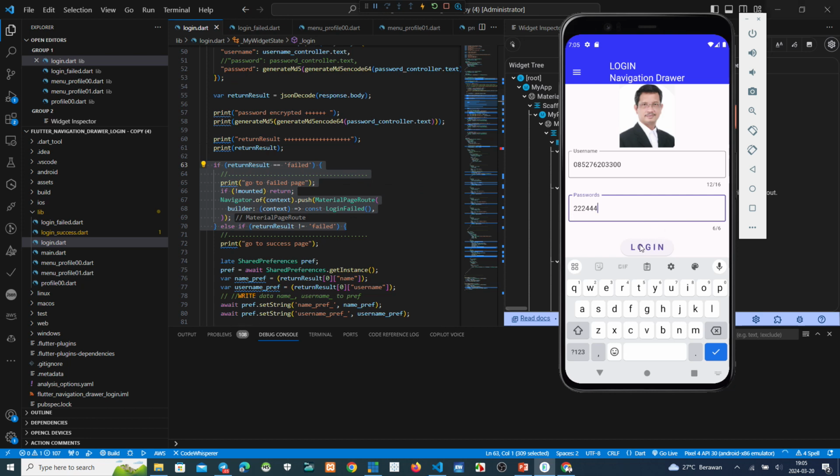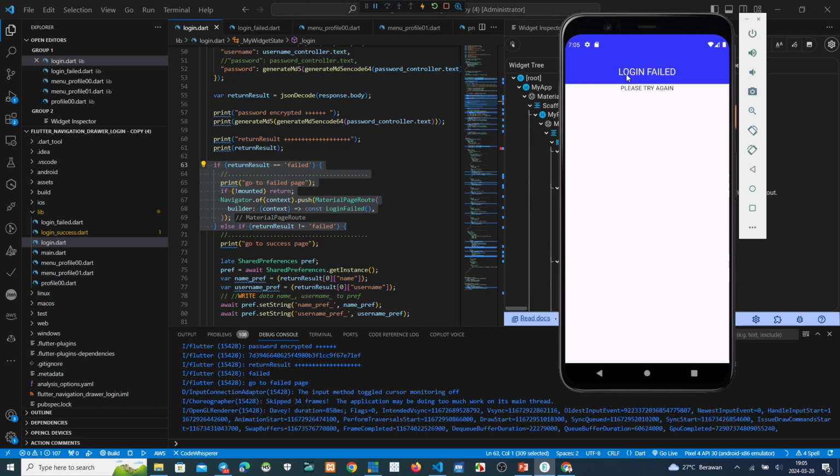Now we log in. Please see this one, login fail. And then we can see the print go to fail page. See this one, go to fail page. Okay, this is the first one.